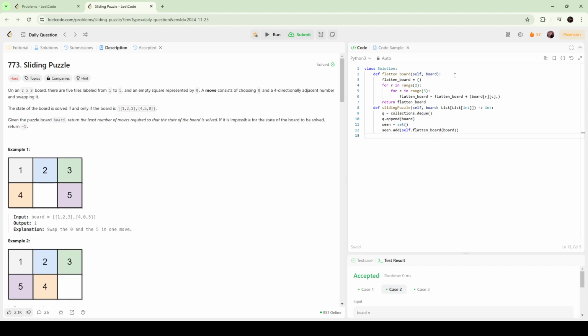we need to initialize a variable called current level, which is initially set to 0, meaning we haven't done any move, right? So the board and is going to be